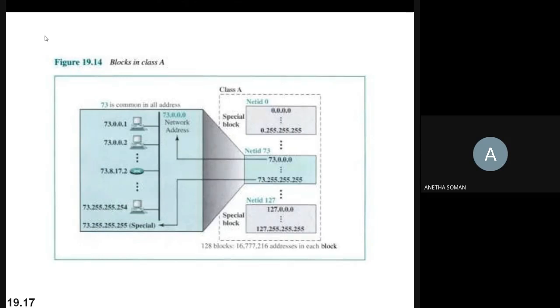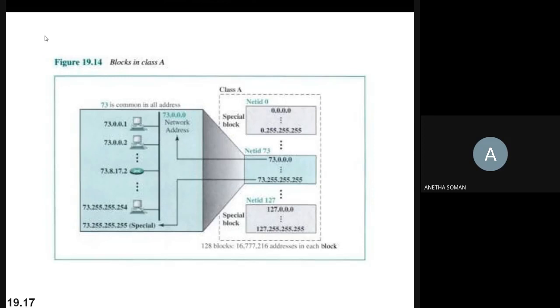It can vary from 0 to 255. I have told you that in class A you have 4 bytes, and the first byte denotes the network ID, and the 3 bytes denote the host ID. So the 3 bytes can vary from 0 to 255. Understanding what is the meaning? So in class A you have 128 blocks, and the first block's address varies from 0.0.0.0 to 0.255.255.255. Going on, you will have the 128th block, which you represent as 127.